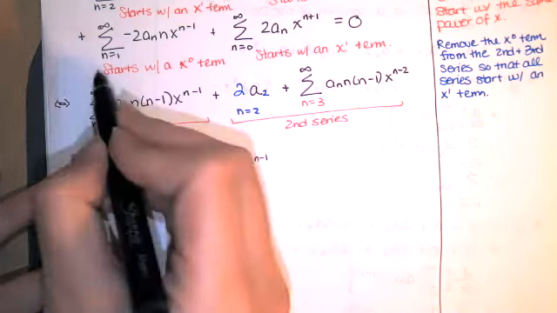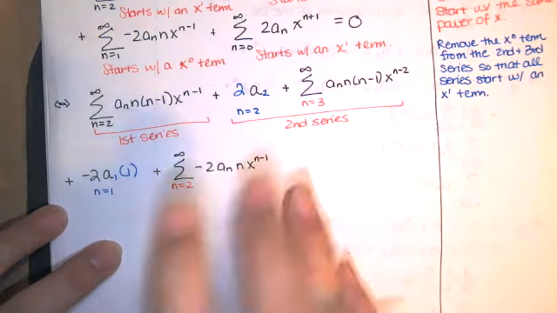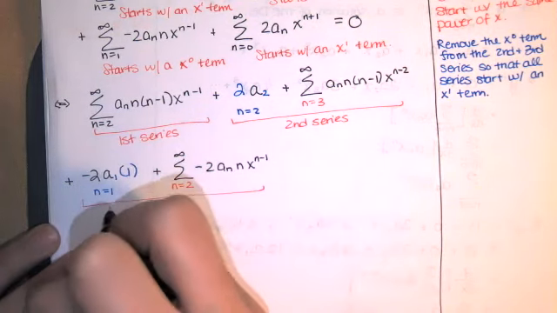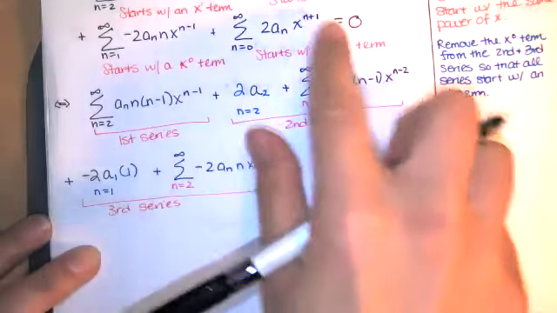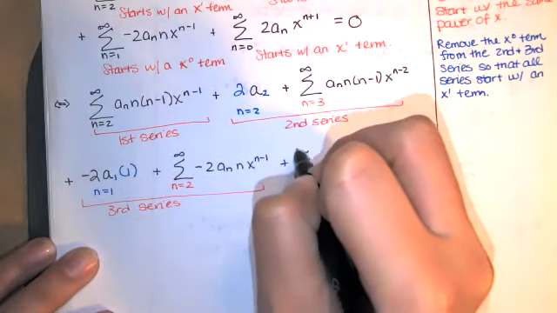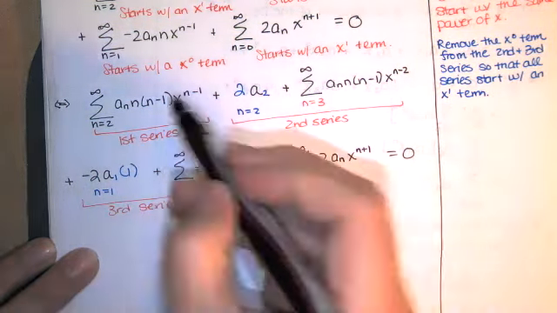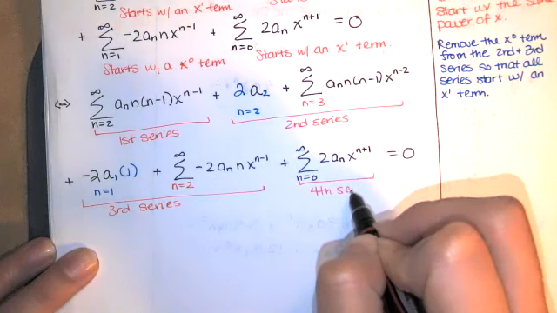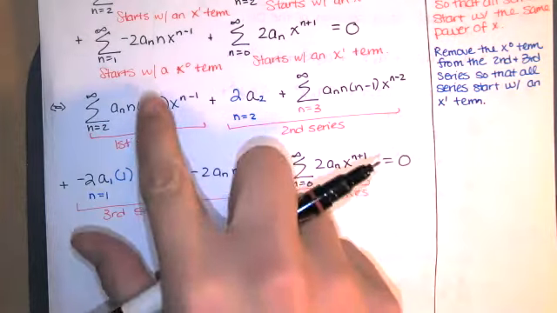But we pick up where we left off. If this is the n equals 1 term, the next term, or the rest of the series, starts with n equals 2. So these two pieces together give us the third series from this list of 4 series. And that last one already starts with an x to the first term, so we're just going to write it down. And this series plus this series plus this series plus this series is equal to 0. Okay, so now we've got some constants outside, and then we've got 4 infinite series that